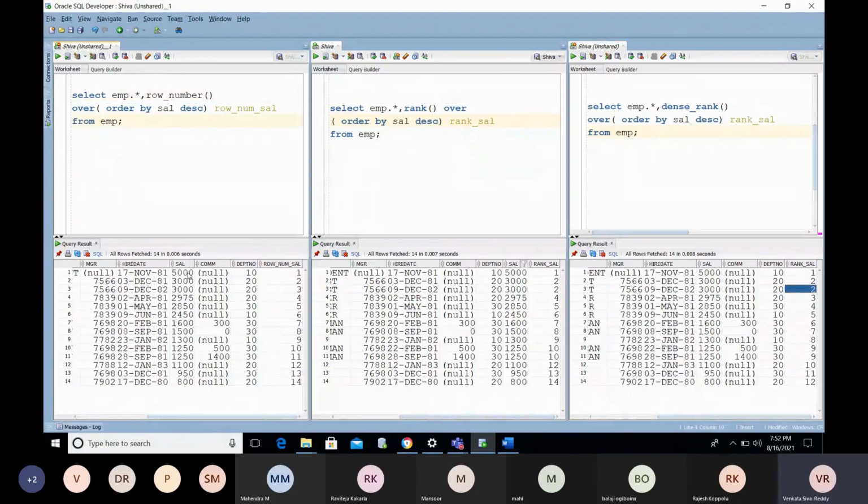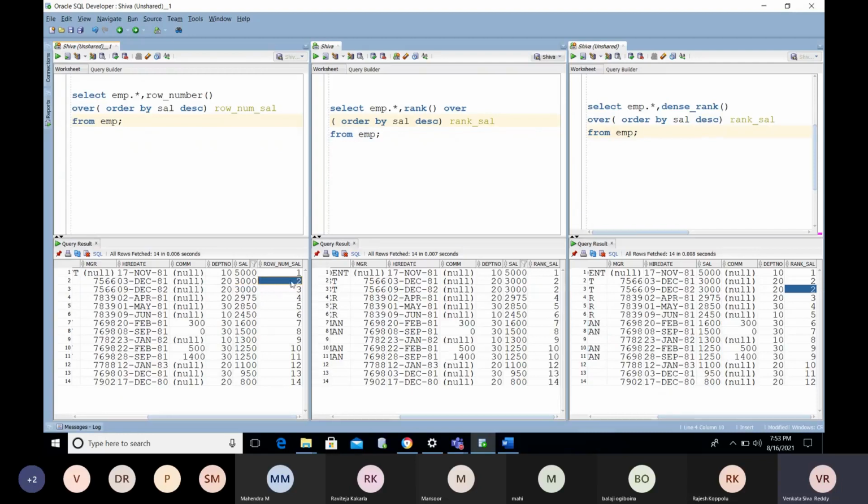See, there is a salary column with 5,000. You are getting 1 here, here also 1, here also 1. So it is getting an accurate result, no discrepancy in getting the first value. Second, for 3,000 we have 2, here 2, here 2. Correct, no issues.